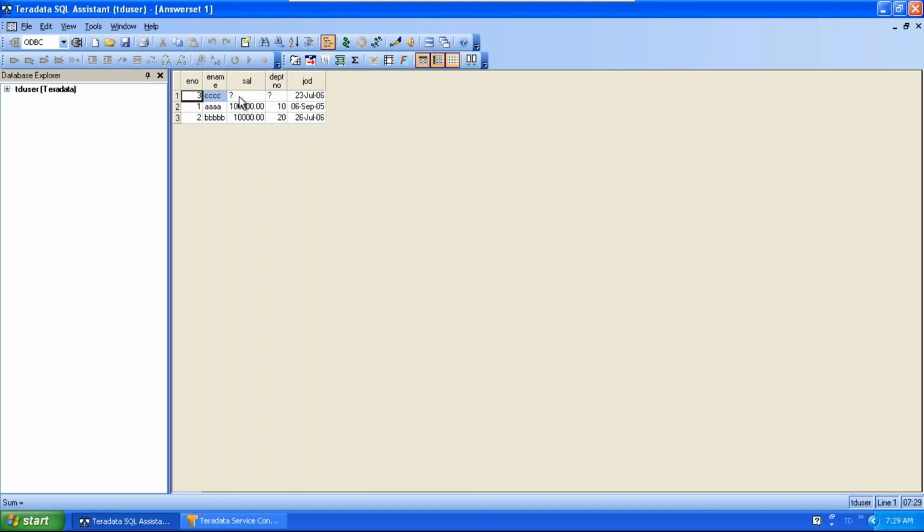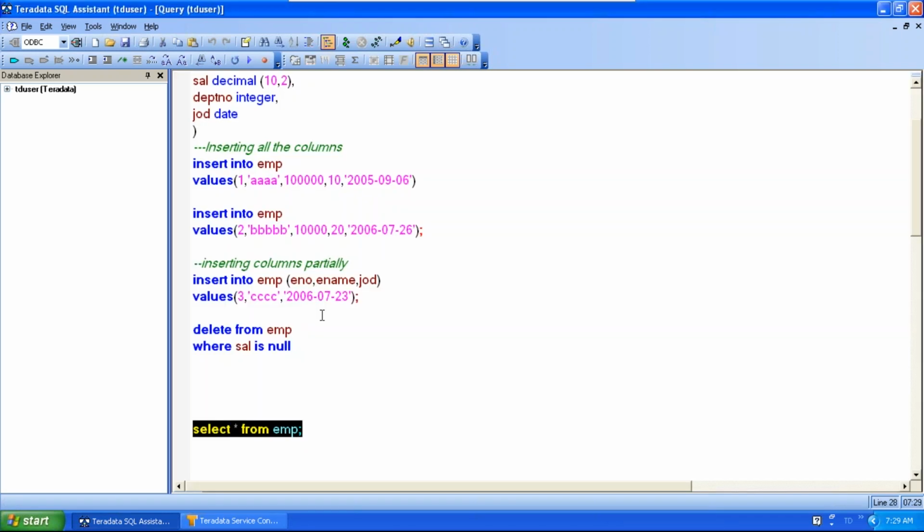Now a new record got inserted with new values, but salary and department number are still null. So how to populate the salary and department now? Can I do another insert and have the values for salary and department? Update. If it is partially populated, and you have to populate the other columns of an existing record,